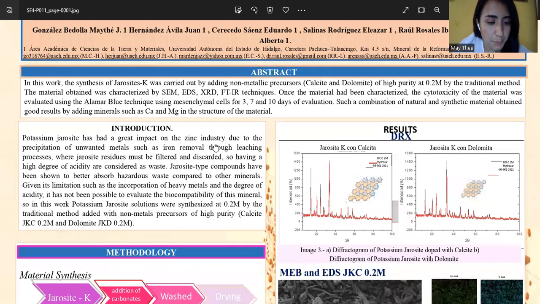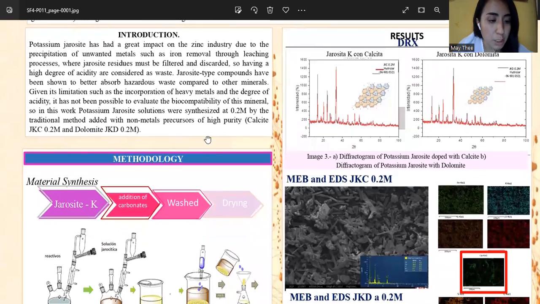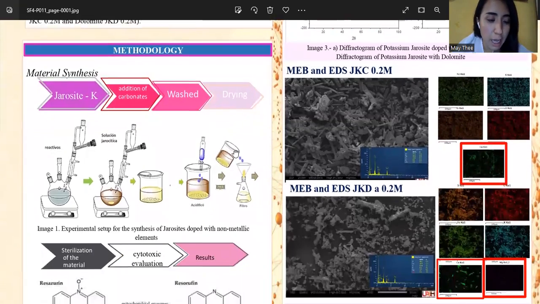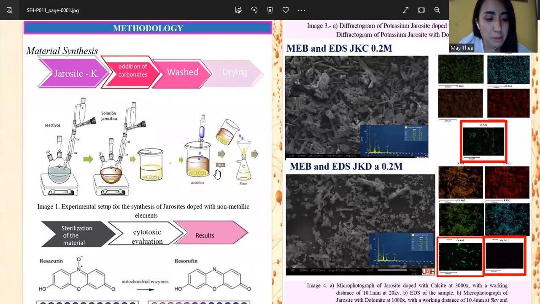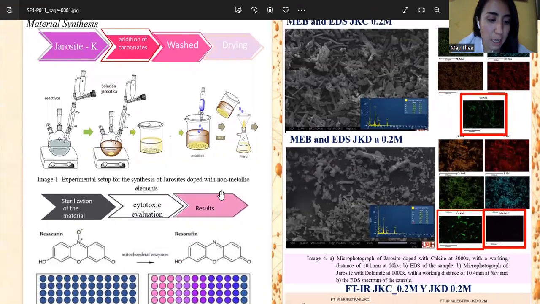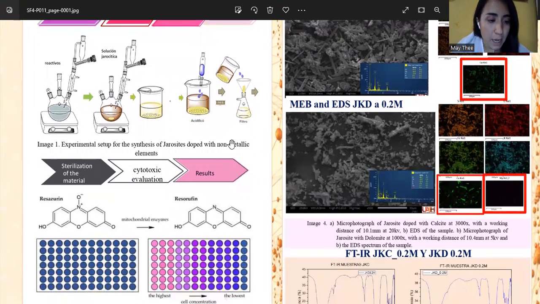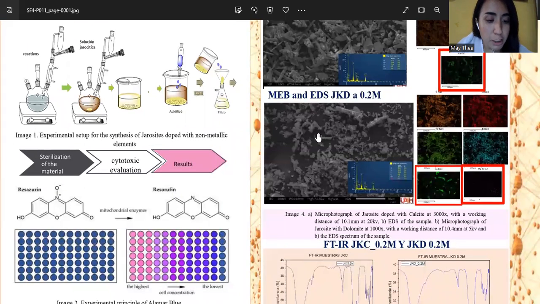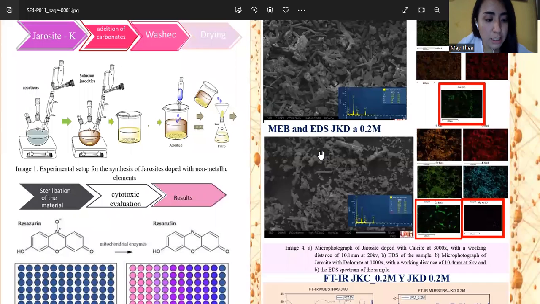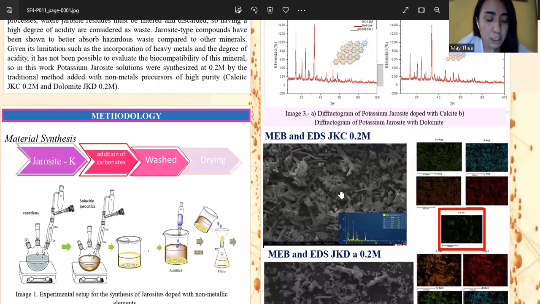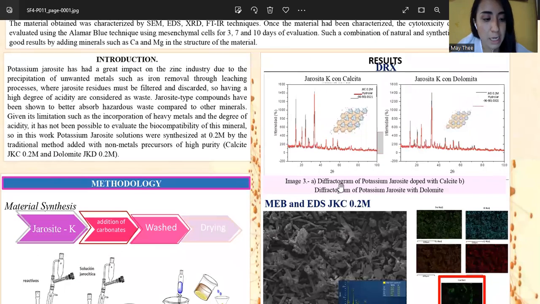So in this work, it was proposed to synthesize potassium jarosite solution at 0.2 molar with the traditional metal-adding precursor and non-metallic precursors of high purity, calcite and dolomite. The material obtained was characterized with SEM techniques to verify the particle size, morphology, and the elemental maps using the EDS techniques. To determine the phase of the material, it was characterized by X-ray diffraction and infrared